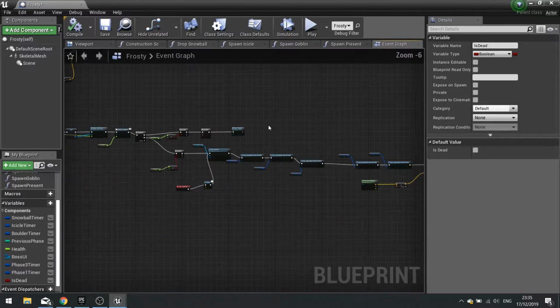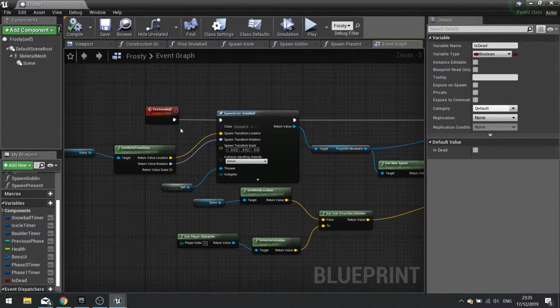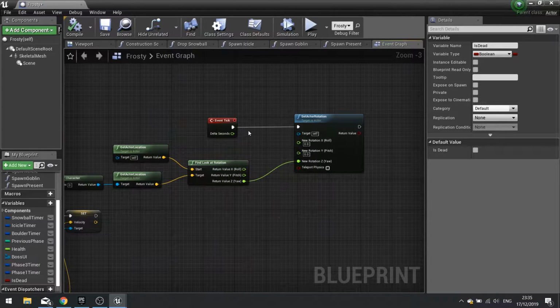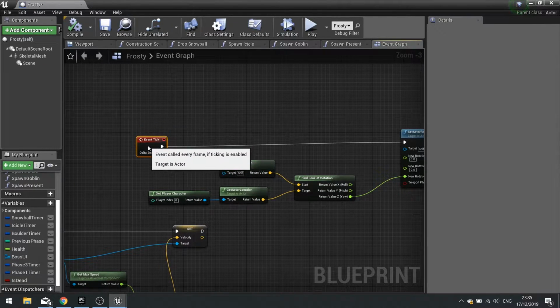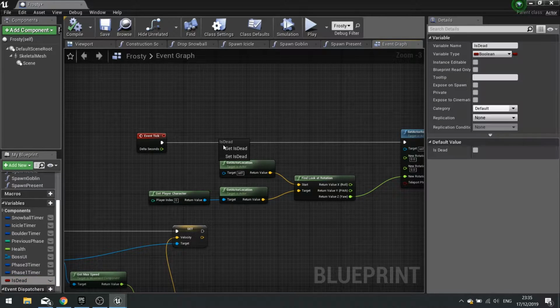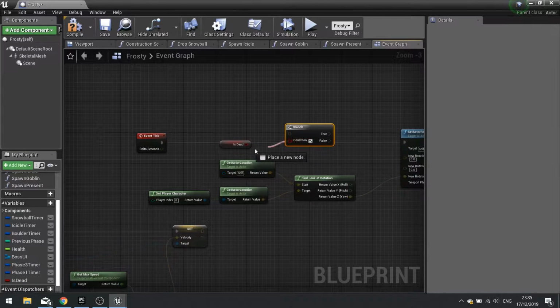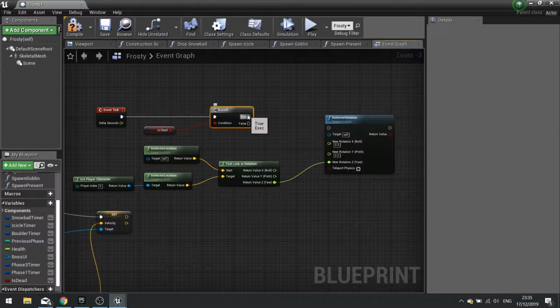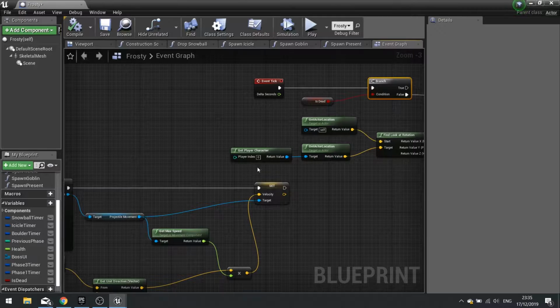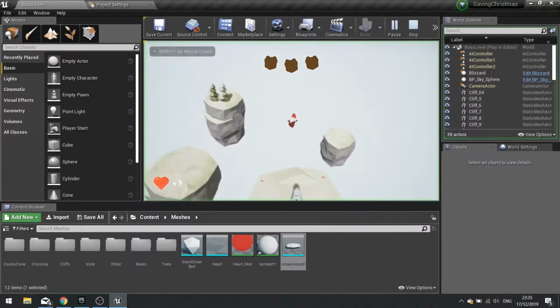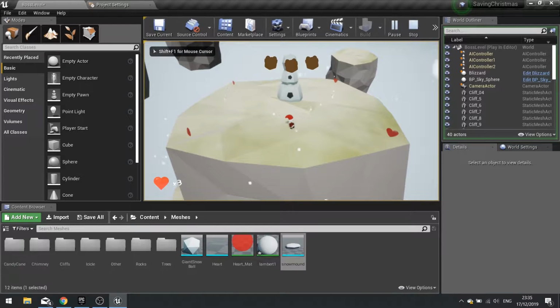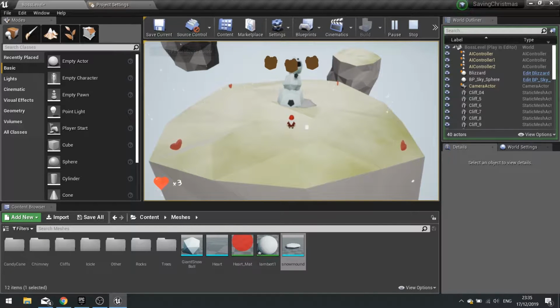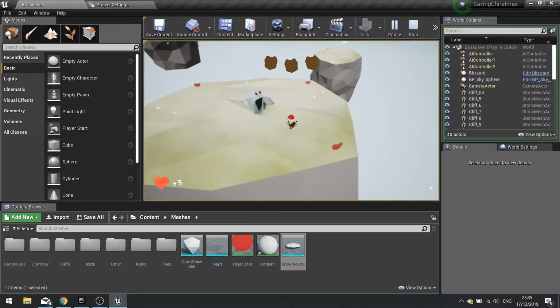Okay, so then you want to find the tick event where we've got that code working here, and we're going to drag that boolean isDead out, put that into a branch, and then we want tick to only do the branch that is saying that he is alive. So if isDead is false, do what it normally does. Okay, so now it will stand still when he dies, no longer having a possessed snow mound.